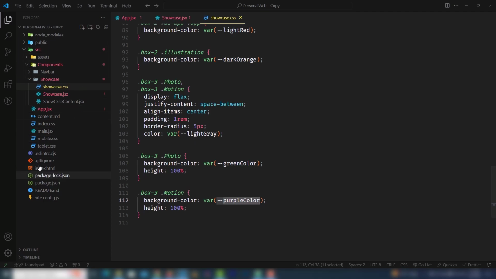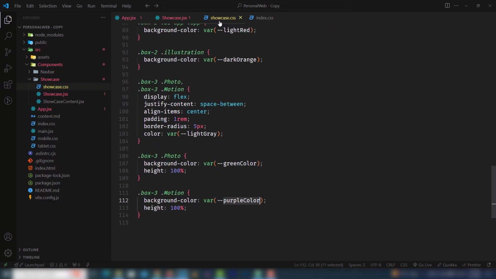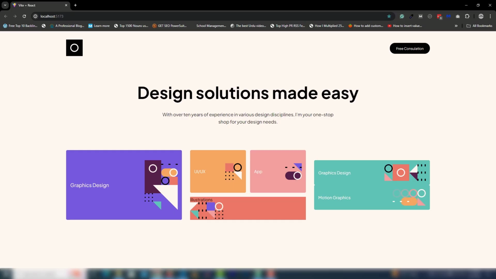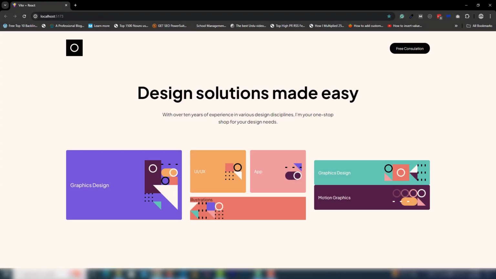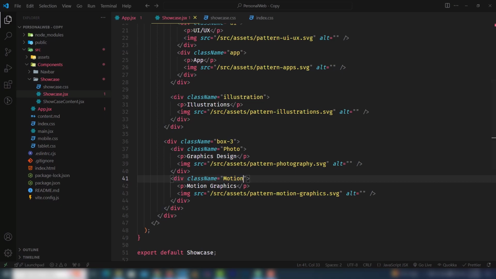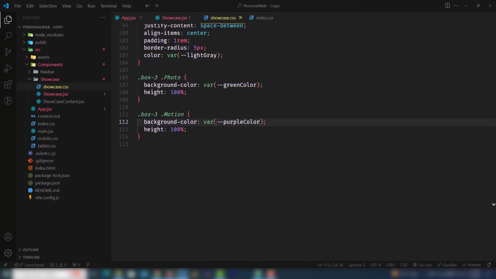I'm gonna get the CSS. Where is it? Like this one, I need to get that. Just a minute, I need to change. So it should be display. Yeah, great. So let me open that, and